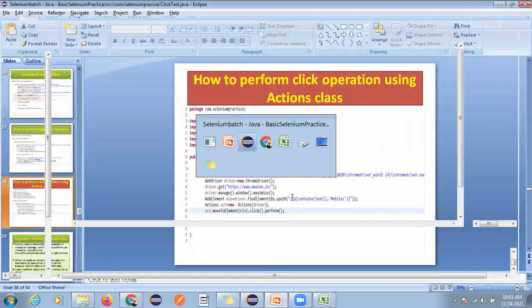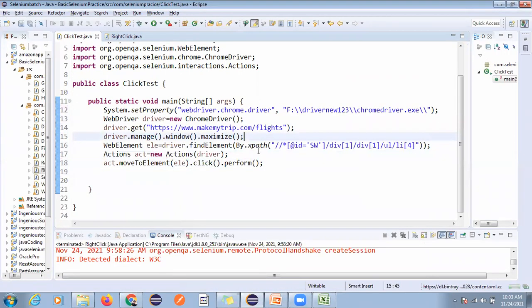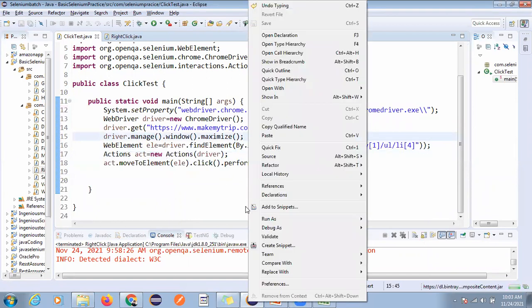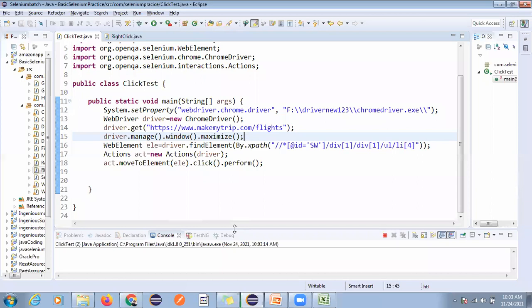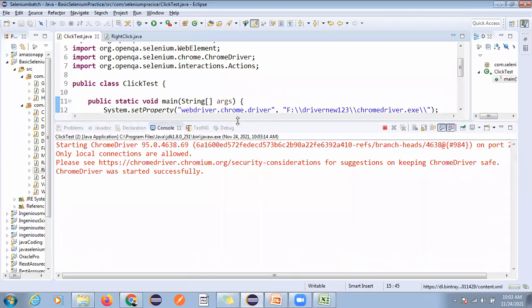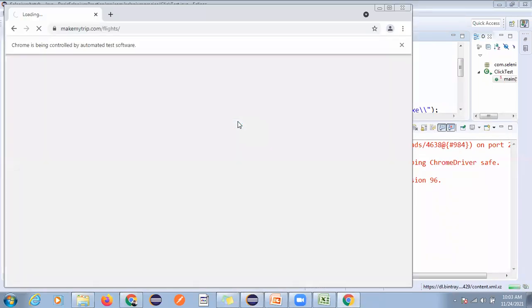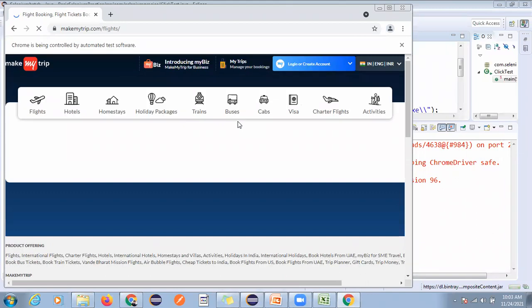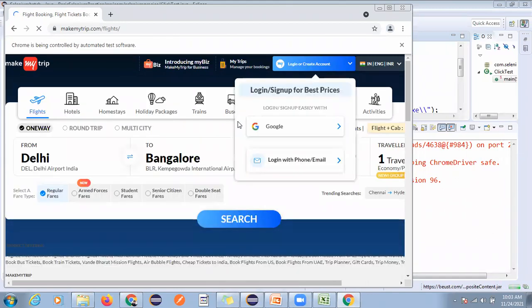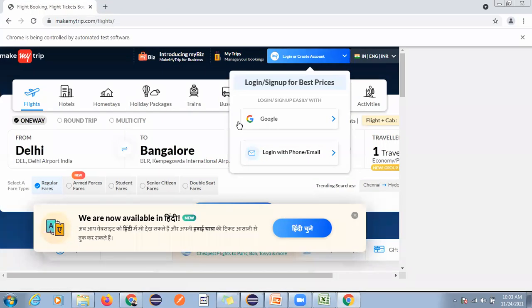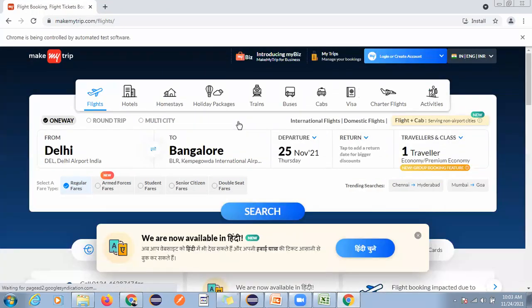Okay, and now if I try to run, okay, you can see it's gone. I'm not closing this. You guys can try to click on this here. Okay, this is your assignment.